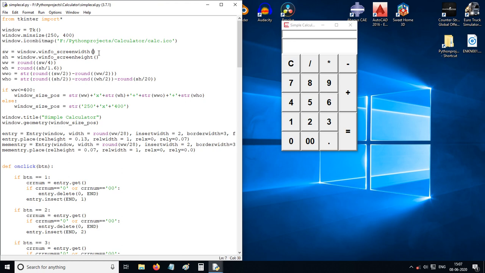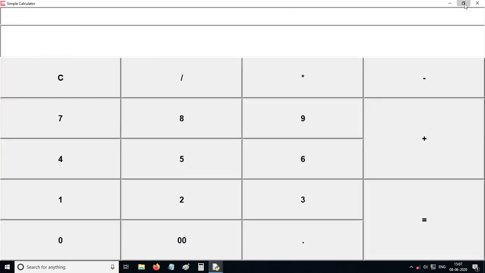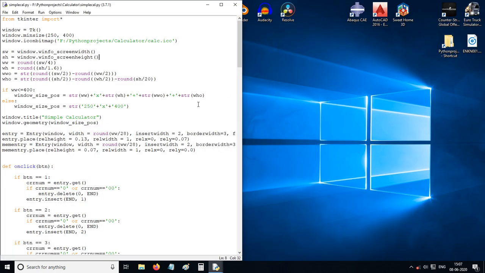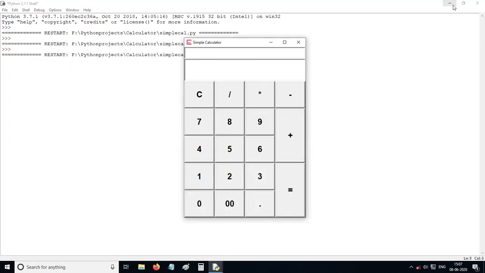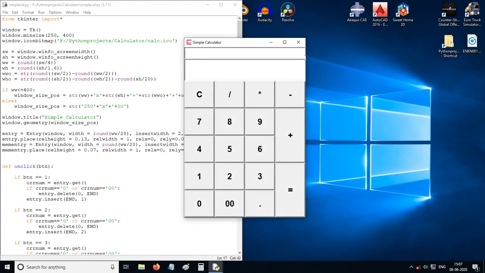This is getting the screen width and screen height. This is just calculating the initial width and initial height.